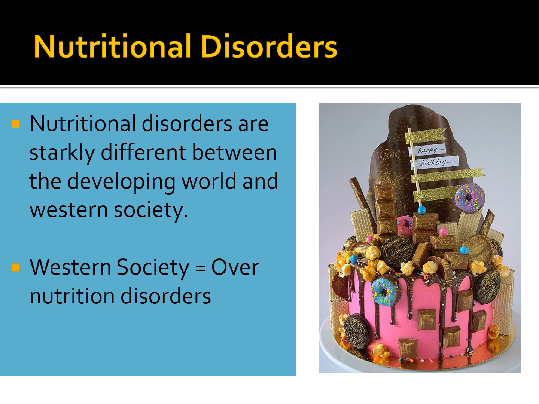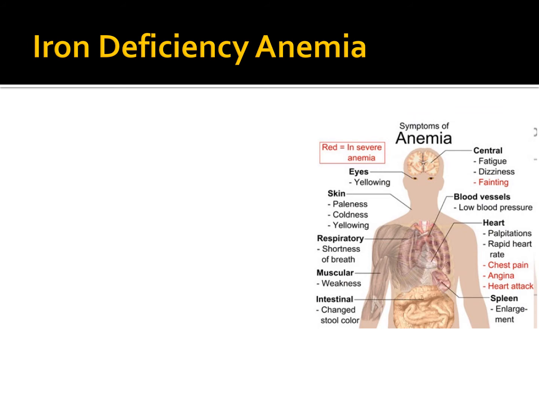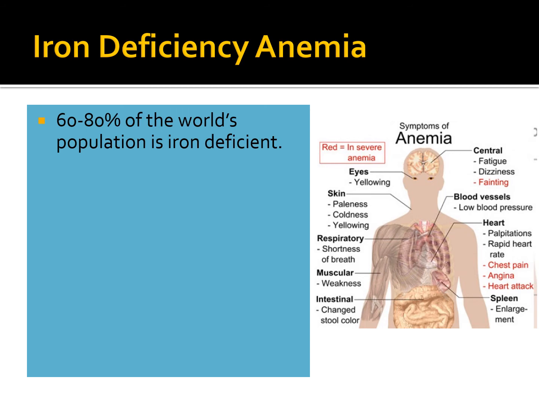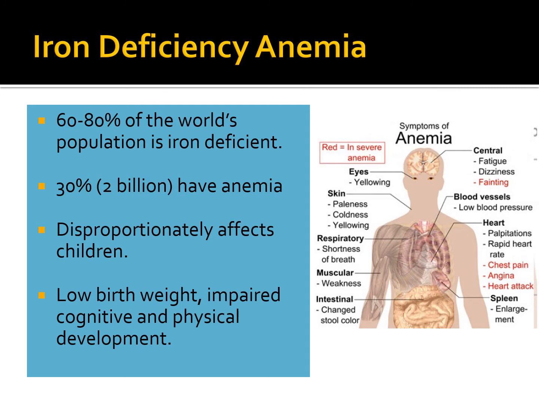So if we look at Western society, this is where we see a prevalence of overnutrition disorders. And in developing societies or developing nations, this is where we see a prevalence of undernutrition disorders. Going back to that classic scourge that has been with us since the beginning, iron deficiency anemia, 60 to 80% of the world's population could technically be classified as iron deficient. 30%, or roughly 2 billion people worldwide, have iron deficiency anemia. It disproportionately affects children rather than adults, and it can lead to low birth weight, impaired cognitive, as well as